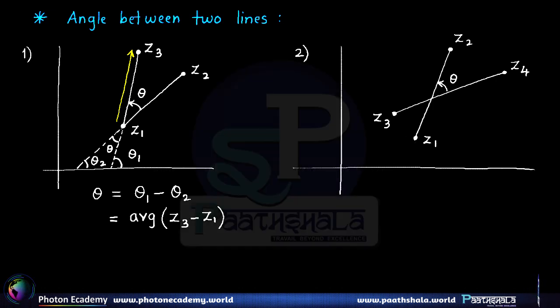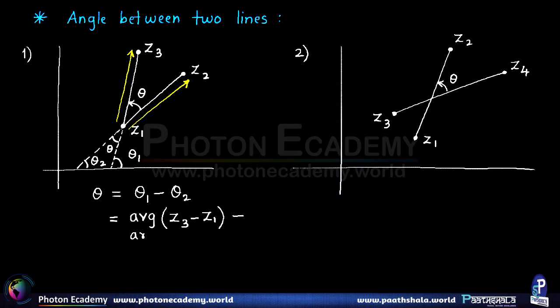And similarly theta 2 is nothing but the argument of this particular vector, which is z2 minus z1. So therefore here we'll have to subtract the argument of z2 minus z1. Okay? So therefore finally we have theta as argument of,